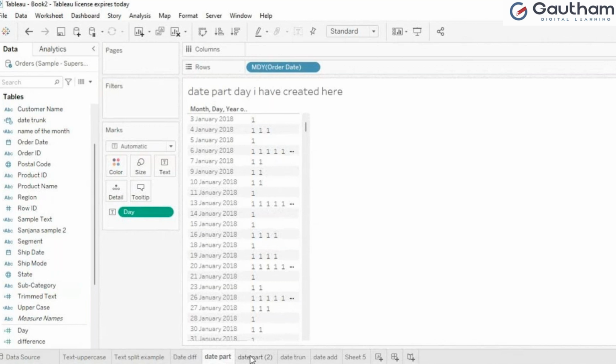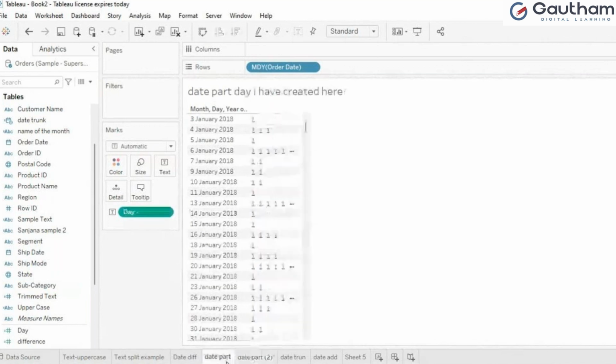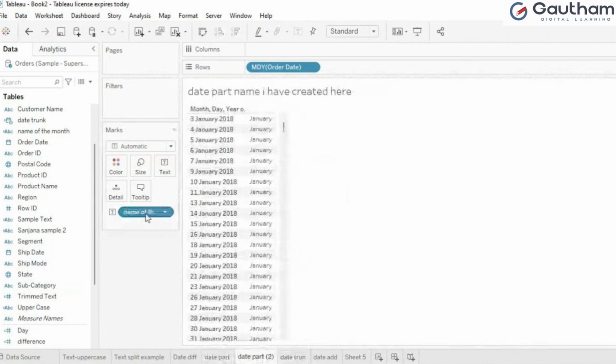So the same one here, like a date part. See, can you see now, the name of the month which I have created. See what I have done here, the same, the name of the month, I just duplicated this one, but I have created that with the string one. So name of the month, let me edit this here, edit and see. What I have done here, date, name.